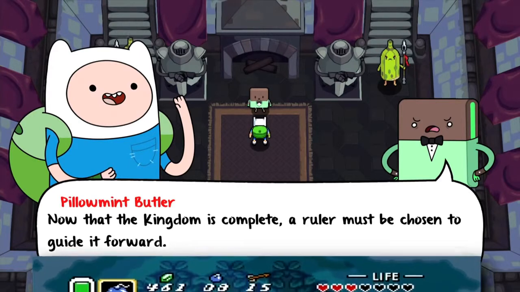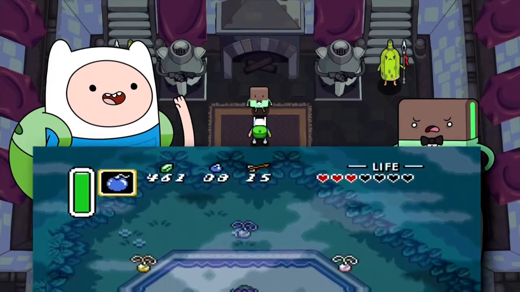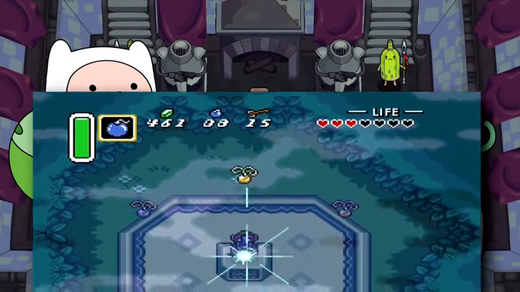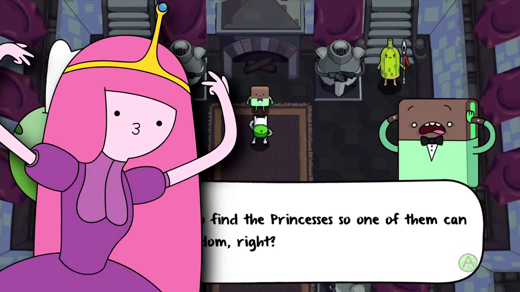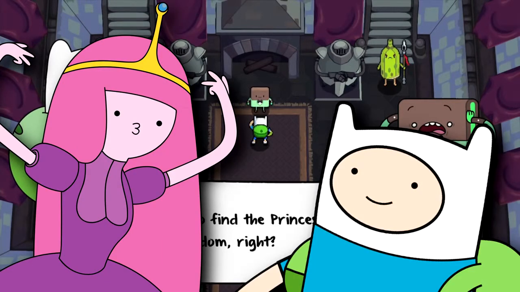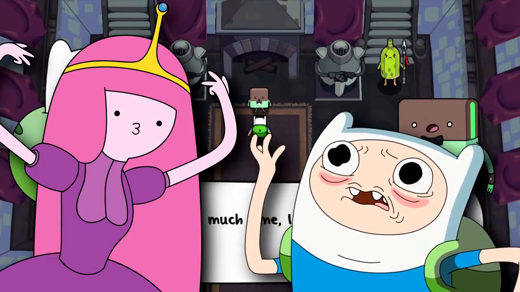No, you collect 3 things at the beginning of the game, kinda like... Yeah, you guys get it, this game is a lot like A Link to the Past. Now, Princess Bubblegum apparently explained all this to Finn before, but he wasn't paying attention since he was too busy slobbering over that sweet